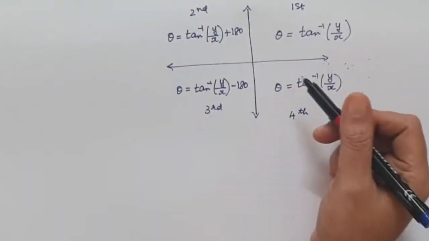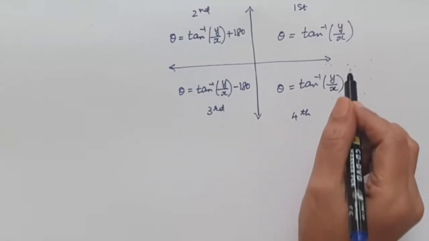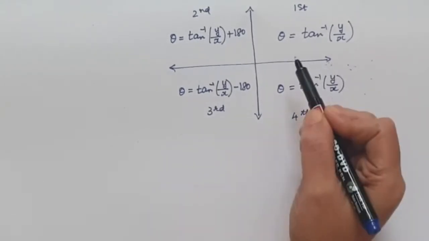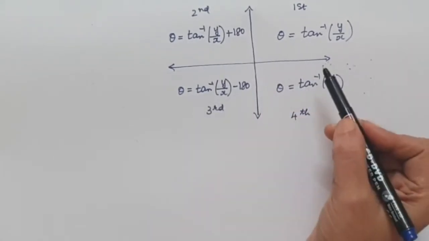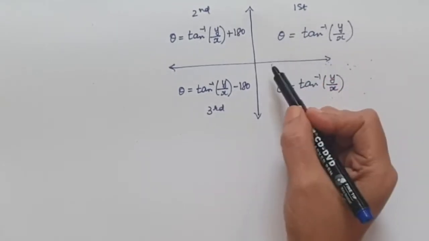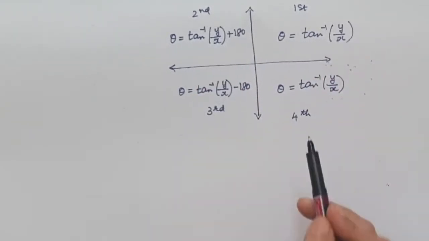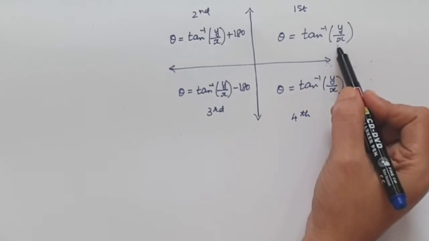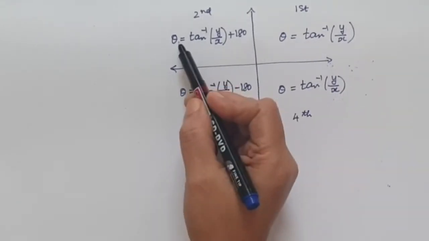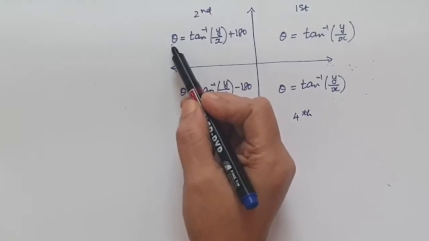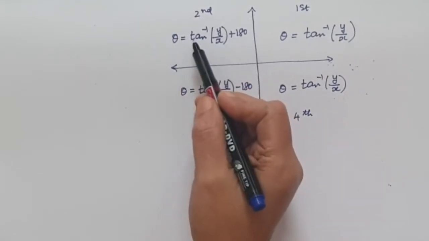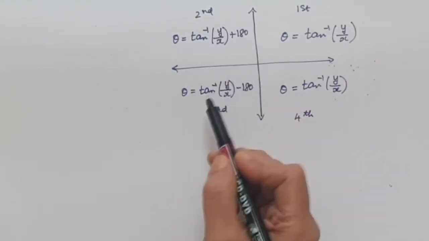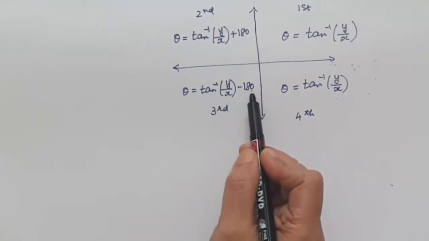Previously, when we found our angles, we were just drawing graphs and checking how to proceed. But now this is a simple table where you just substitute your values and get the direction directly. This is the first quadrant, second, third, and the fourth quadrant. If your vector is in the first quadrant, you just write theta equal to tan inverse y over x. If it is in the second quadrant, theta equals tan inverse of y over x plus 180. If it is in the third quadrant, tan inverse y over x minus 180.